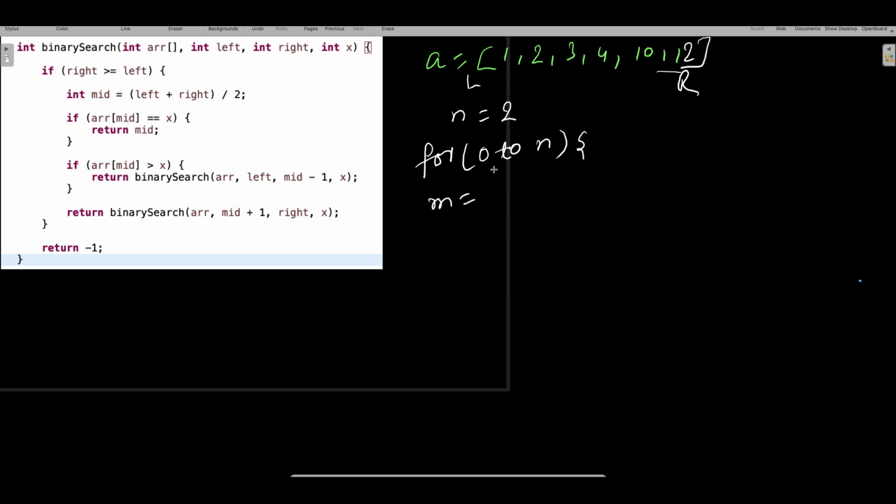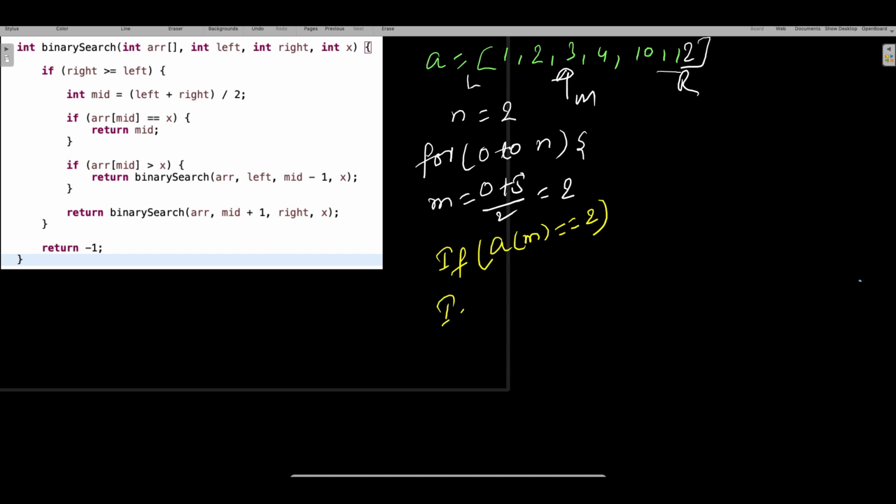So when you find the middle, it is going to be (L plus R), 0 1 2 3 4 5, so 5 by 2, which is nothing but 2. So your middle is going to be here, right? Now try to understand here inside the for loop. If a of m is equal to the number I am looking for, which is 2, if this is the case, no, right, then it will not return.